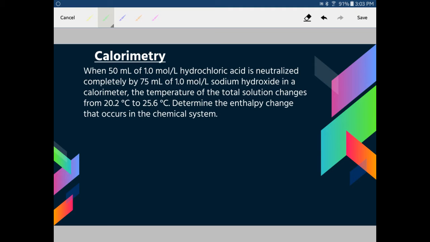So again, we have a few things that we need to go through in terms of logic. The first is, again, to remember that Q is equal to delta H. Therefore, our delta H is equal to mc delta T. Okay, so our mass. Now, we have to look at our total mass of our system. If we have 50 milliliters, and we're adding 75 milliliters, our total system, when we look at the temperature change, is going to equal 125